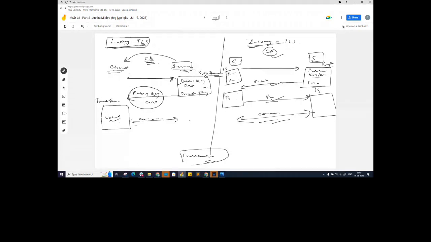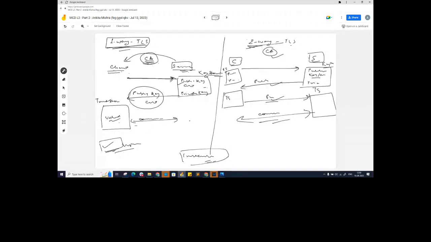So let's say in one-way SSL, if the client wants to blindly trust the server, then he will need neither a CA nor a trust store. He will quickly enable his insecure checkbox. And if this insecure checkbox is enabled, it means that the client blindly trusts the server. Even if the server gives its certificates to the client, the client says, okay, I'm good. You come in. Same thing can happen in two-way SSL also.